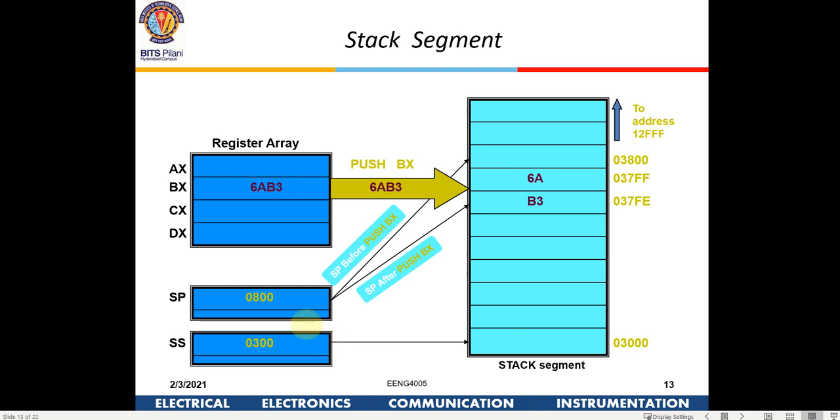Similarly we have this command of push. Generally, the stack pointer is on the top of the stack segment. It is not at the bottom, and it will not keep increasing; it is on the topmost address. So whenever we give the push command, it will push data like 6A and whatever is in BX into two consecutive memory locations. When I write a pop command, it comes back. So these stack registers are used to store data temporarily by using the push and pop commands.